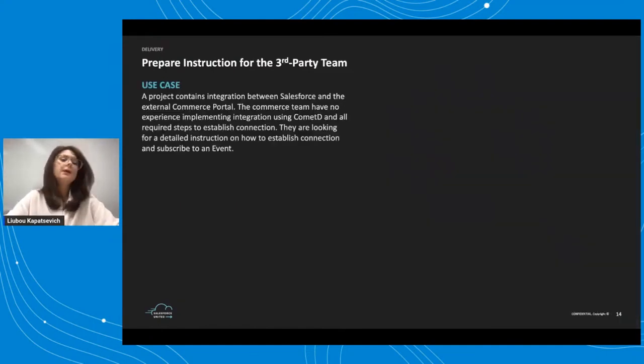Next example, it's actually coming back to the first case. I have this project, we have an integration with a commerce team, and as agreement for our integration, we decided to use platform events, and the guys were required to subscribe to it. And for sure, as guys from external commerce platforms, they are not aware about the Salesforce platform and so on. So they asked us to give them some kind of instruction, how to establish connection, how to subscribe to